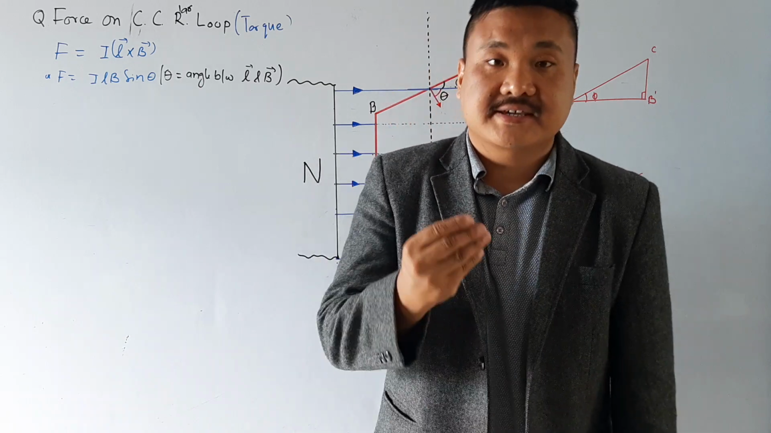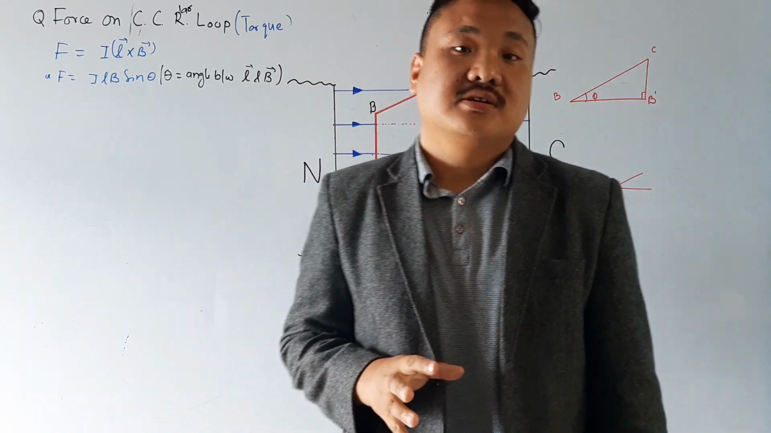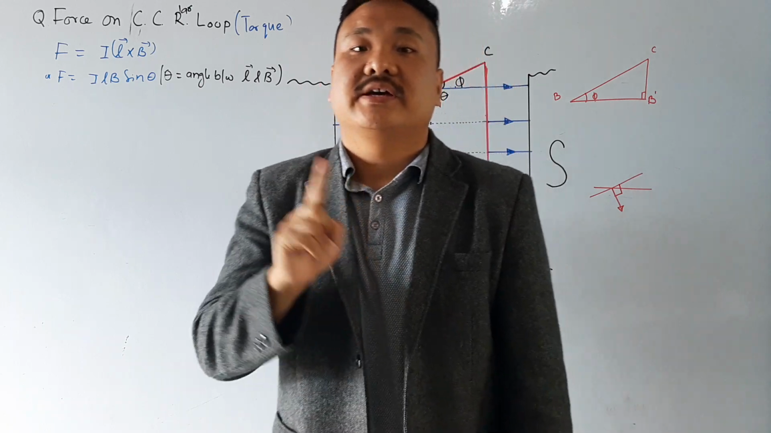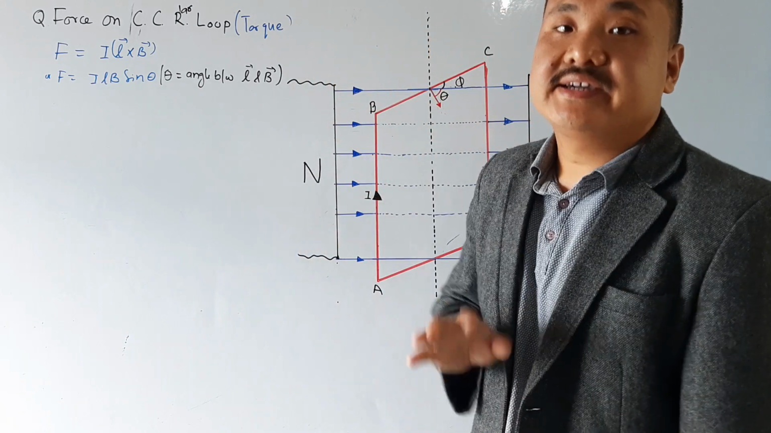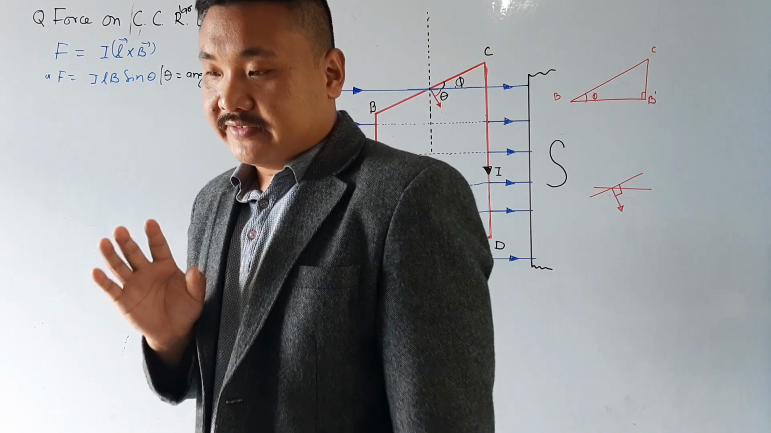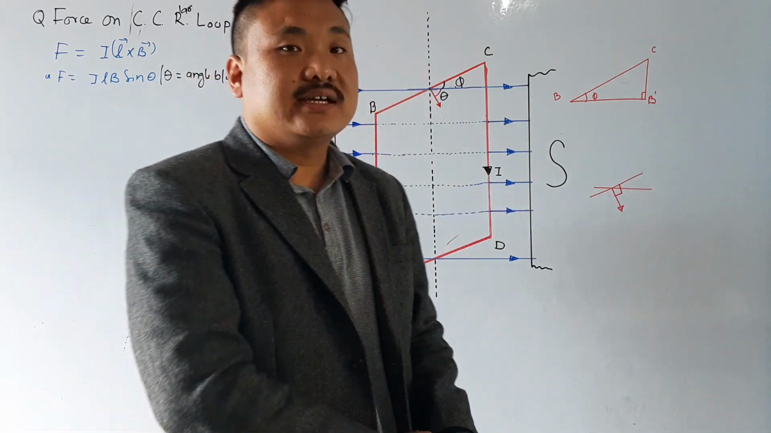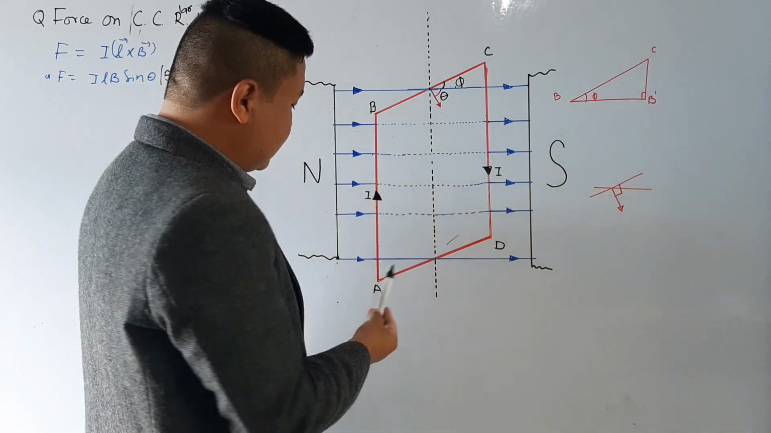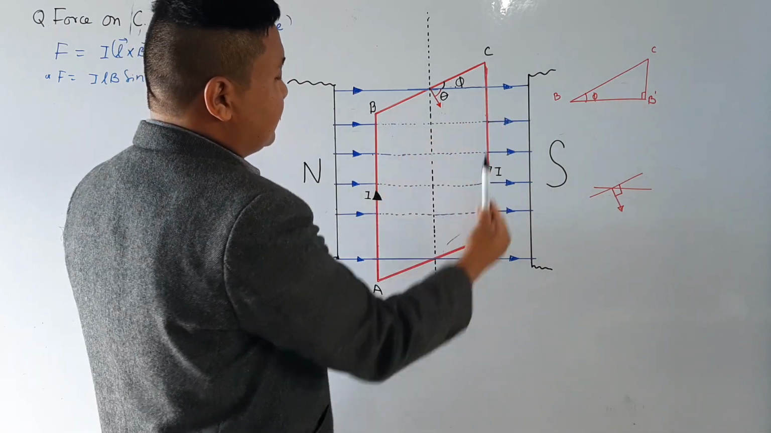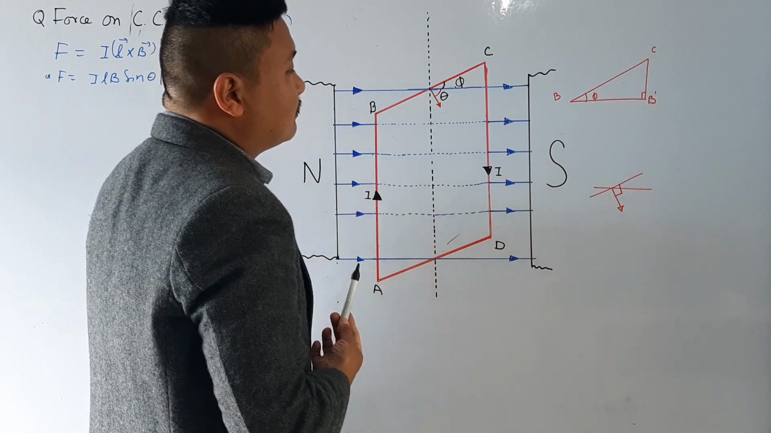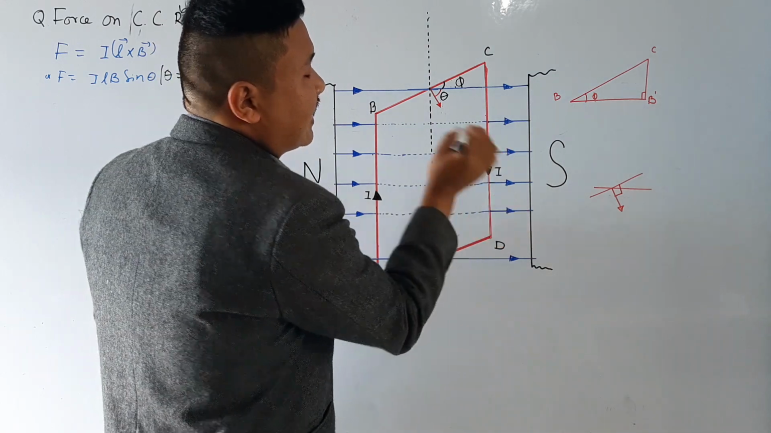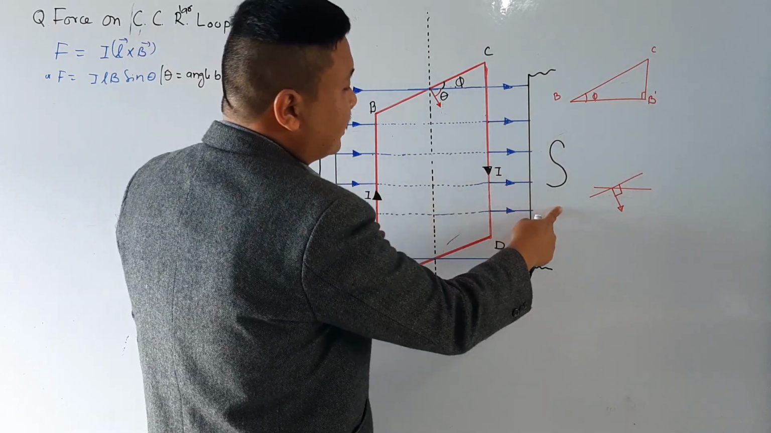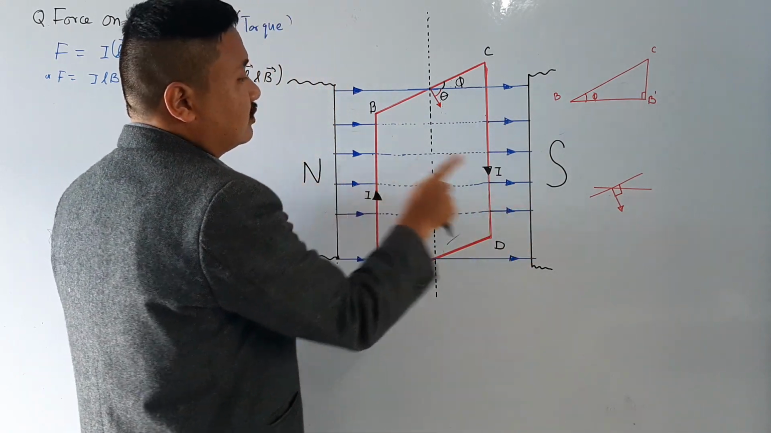Students, now let us calculate the force experienced by a rectangular current carrying loop in a uniform magnetic field. So what we have is a rectangular current carrying loop. I will take an ideal rectangle ABCD, which is placed in a uniform magnetic field. This is the north pole and this is the south pole, and the magnetic field is going from north pole to